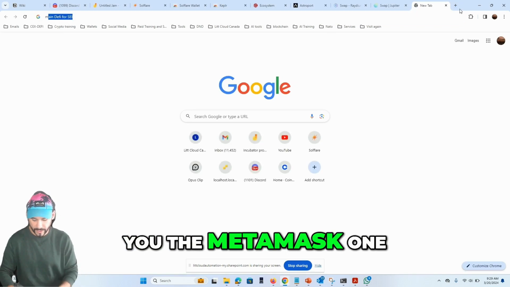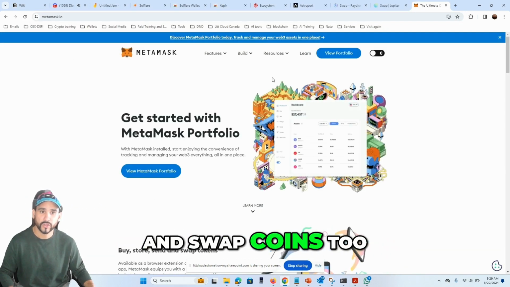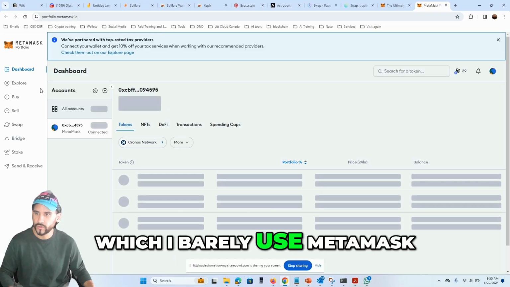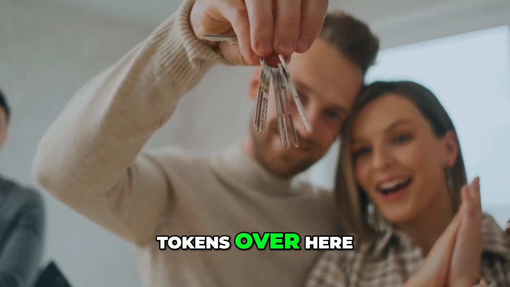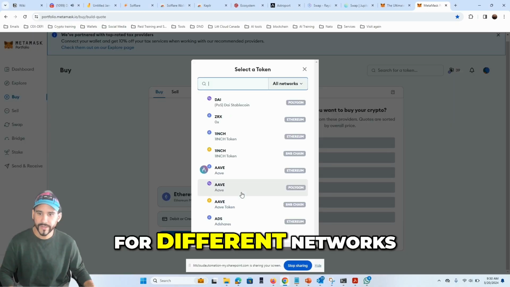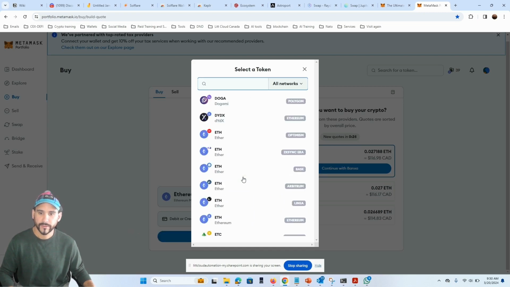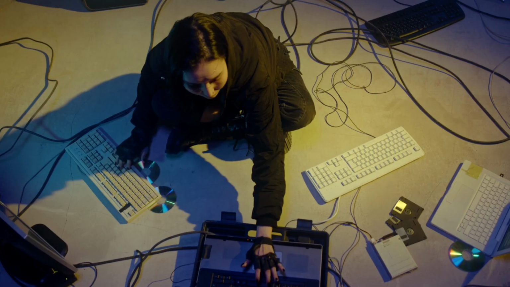Let's show you the MetaMask one. MetaMask wallet, you can actually trade and swap coins too as well. So I'm gonna check my portfolio over here, which I barely use MetaMask, but I'm gonna start using it a lot more. You can buy tokens over here for different networks, as you can see. Even the Avalanche is also here. Great. So again, what do you need? 4 different wallets,